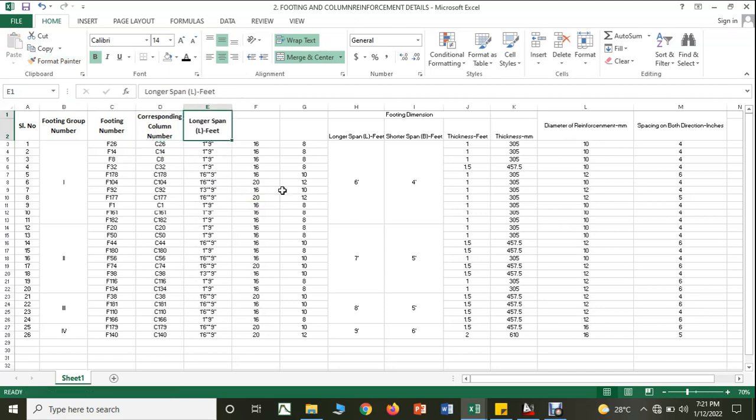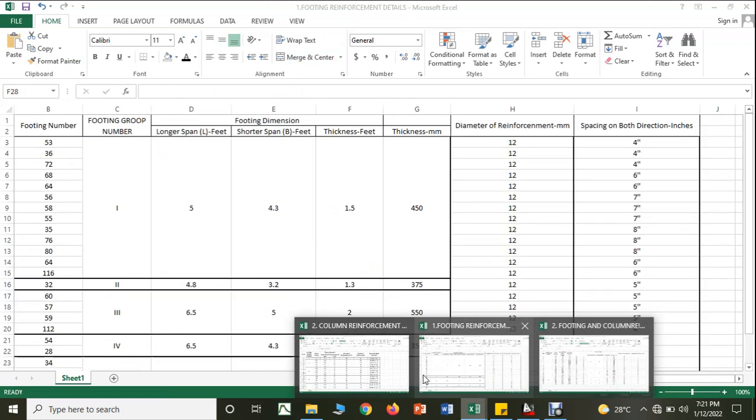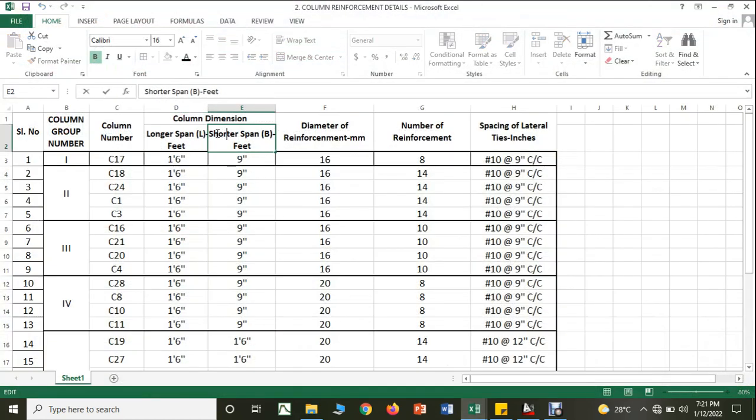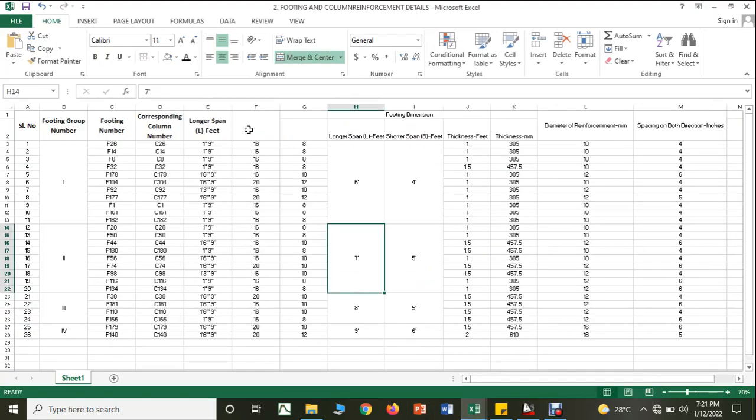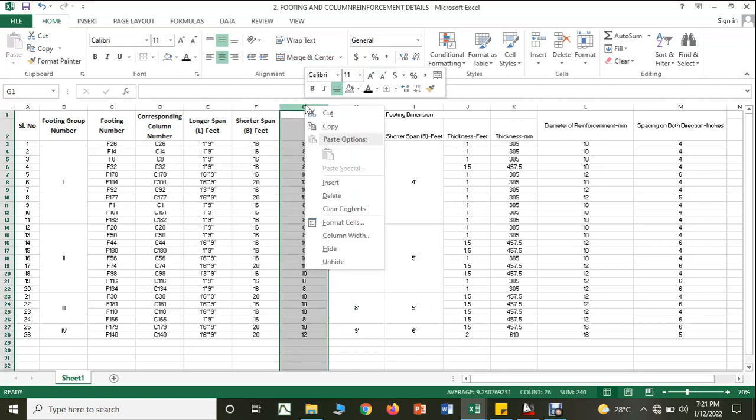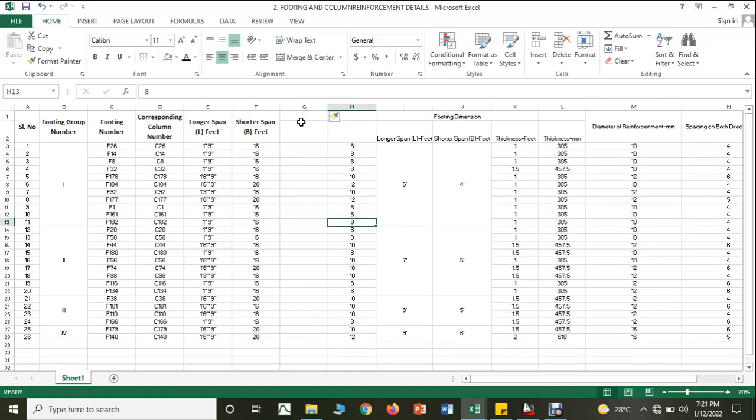Then I can merge these two and I can write shorter span. Okay, so I can make this separate, longer span, shorter span, and I can insert one and I can give